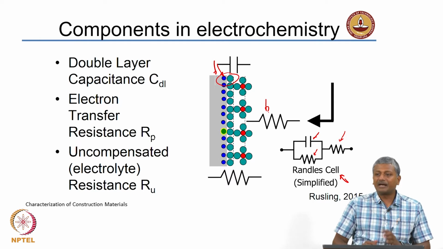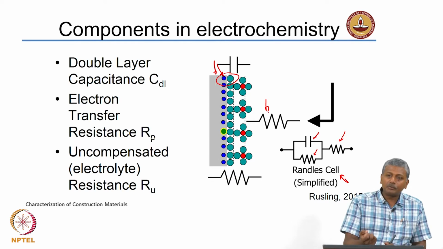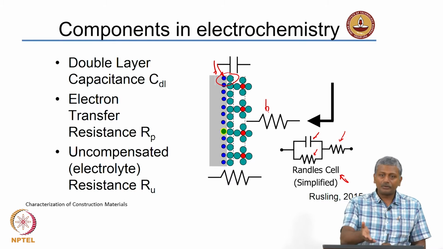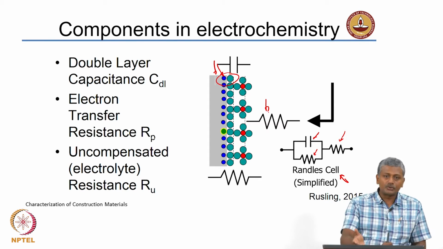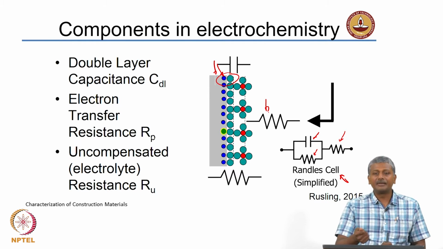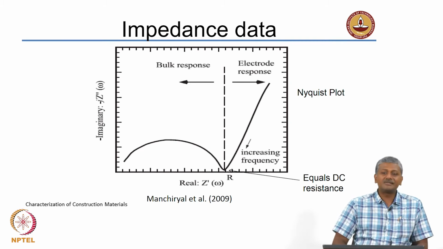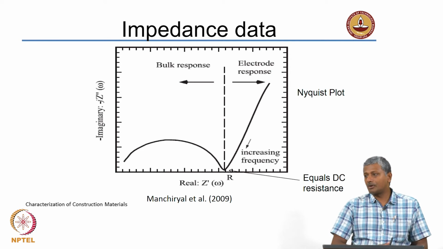Okay. So, whenever you have interfaces in materials, electrochemical impedance spectroscopy can actually help to bring out the characteristics of the interface quite clearly. And when you actually go through the presentation by Sripriya, you will know how this can be actually used to study the properties of the steel concrete interface and make some valid conclusions about when corrosion begins in concrete when steel is embedded in it. Okay. But for now what we will do is we will use a very simplified approach of the impedance data and see how it works to explain the pore structure characteristics of concrete.